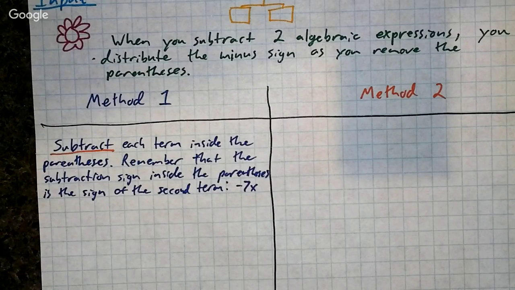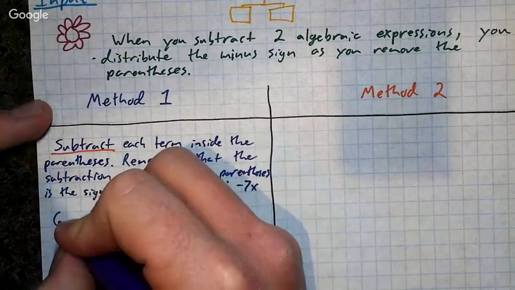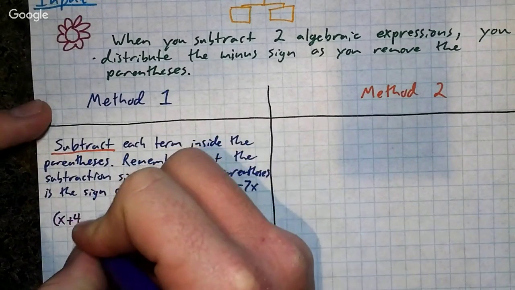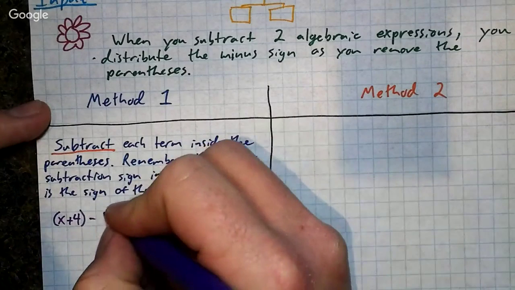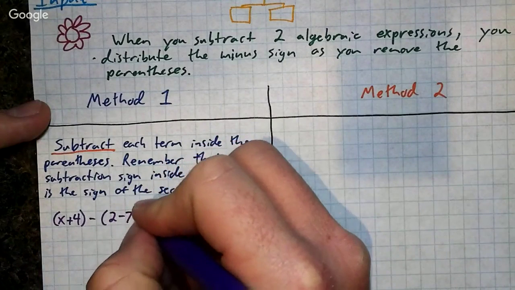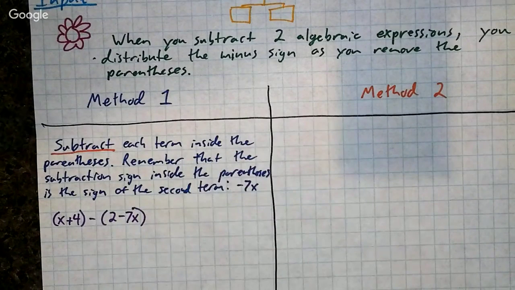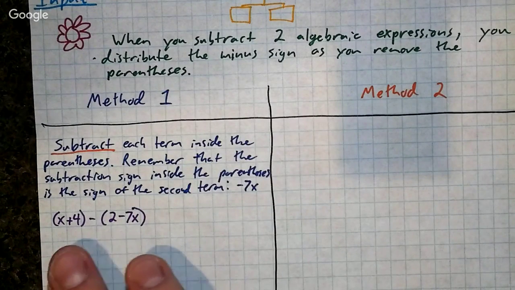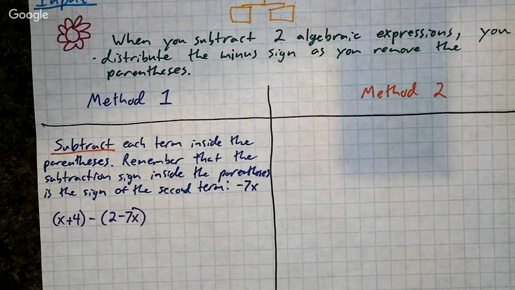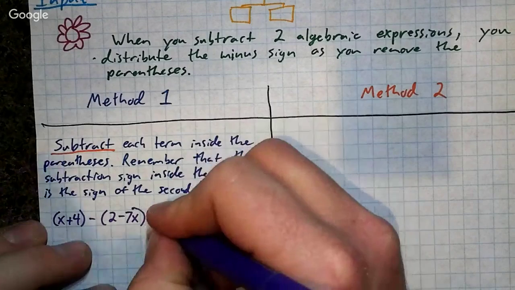So I'm going to put down our example, which is x plus 4 minus 2 minus 7, so 7x, sorry. You can see that we have two algebraic expressions, and they're being subtracted. So we have x plus 4 and 2 minus 7x, and we are subtracting them. And this equals,